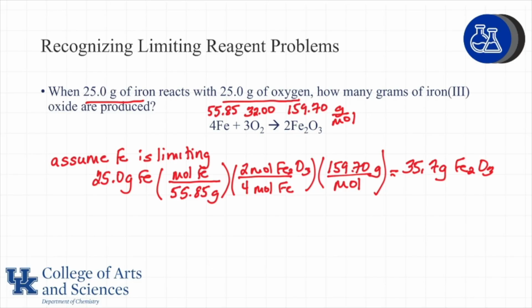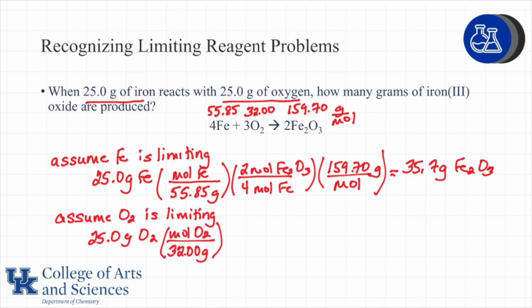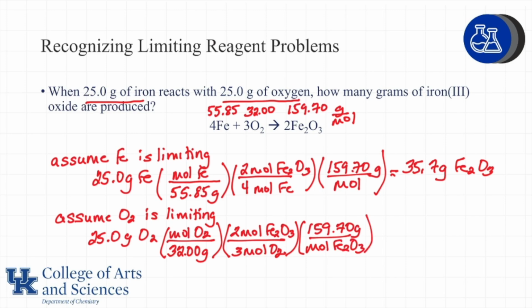if iron is my limiting reagent. Now we have to do a very similar calculation, only this time we're going to assume that oxygen is limiting and therefore iron is excess. As we did in the previous example, we're going to start with our 25 grams of oxygen. That was the amount given in the problem. We'll use our molar mass of oxygen to convert to moles. Then use our mole to mole ratio from our balanced chemical equation. So 3 moles of O2 to 2 moles of Fe2O3. Now we'll use the molar mass of Fe2O3 to find the mass of Fe2O3